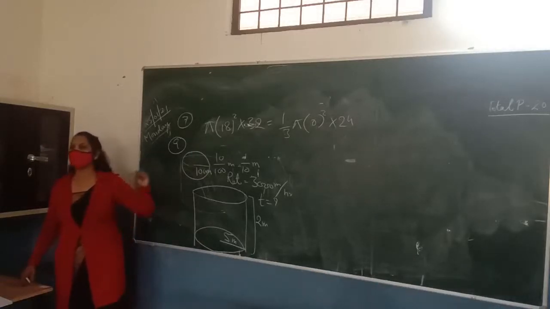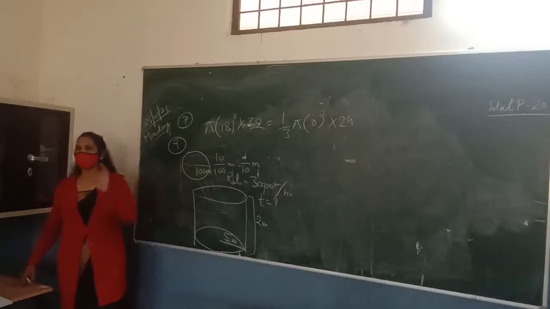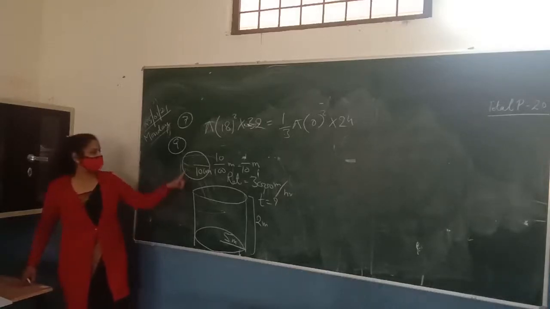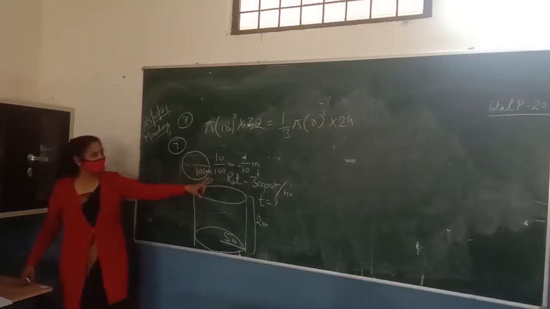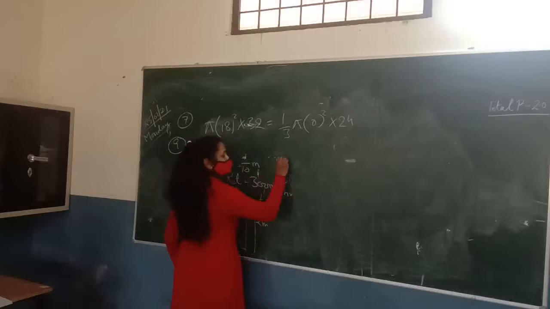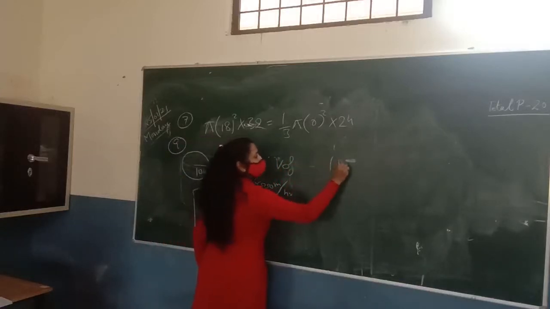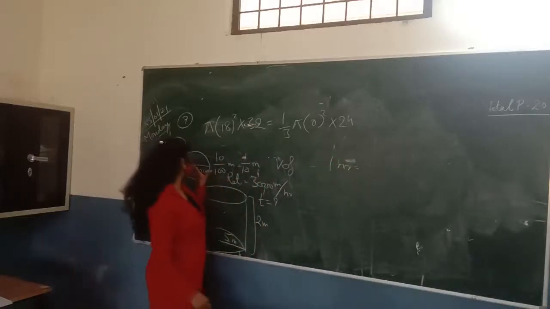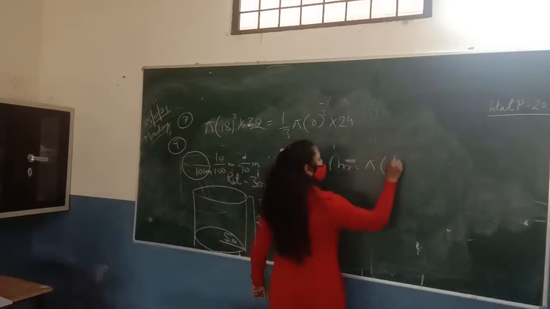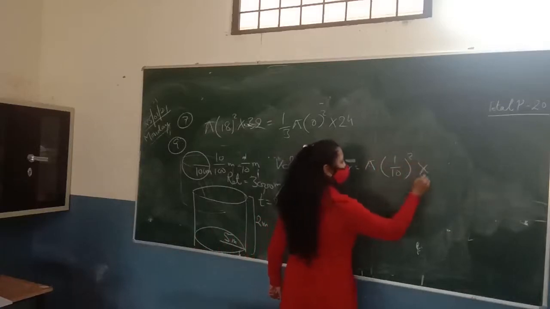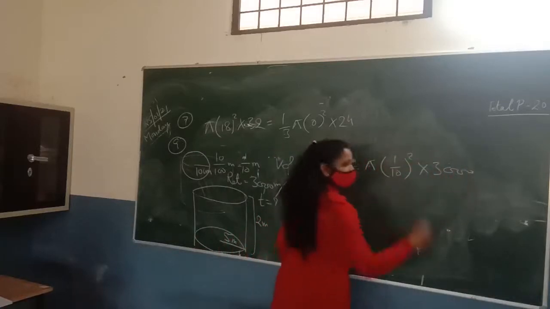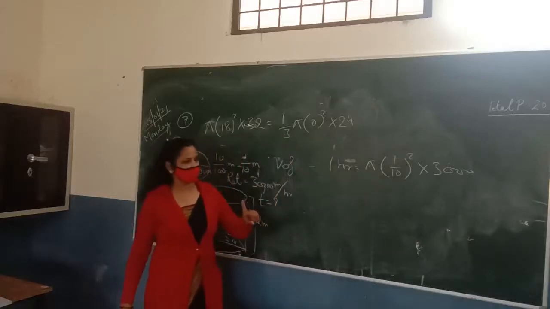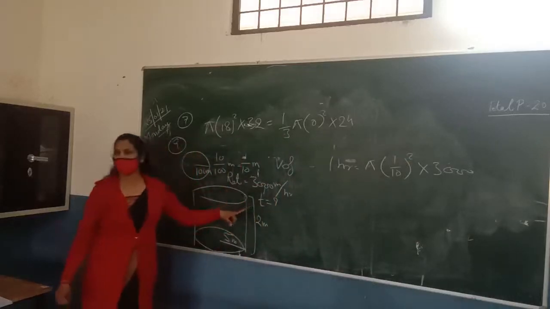So the simple formula for these questions: the volume of water flowing 1 hour is equal to the area of cross section from which the water is coming out into the rate. The unit should be same. The formula is area of cross section into the rate. So here the area of cross section is pi r square, into the rate, which is 3000. This is the volume of water flowing 1 hour. So now you have to find the time, Kashish.